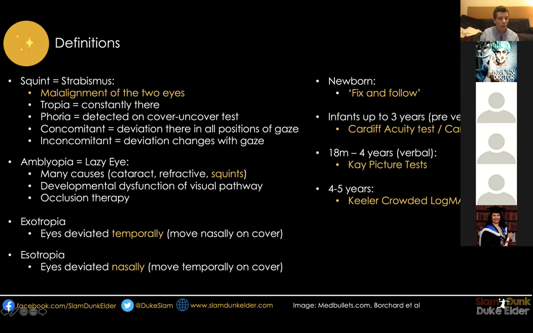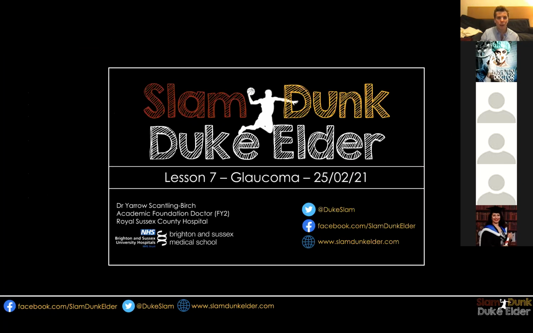Exotropias, esotropias, essentially deviation outwards or inwards. You also have hypo or hypertropias if it's deviating up or down. And then this is unfortunately rote learning, but the different age groups and how they get tested in terms of their acuity. Okay, I'm sorry I can't offer more on that, but